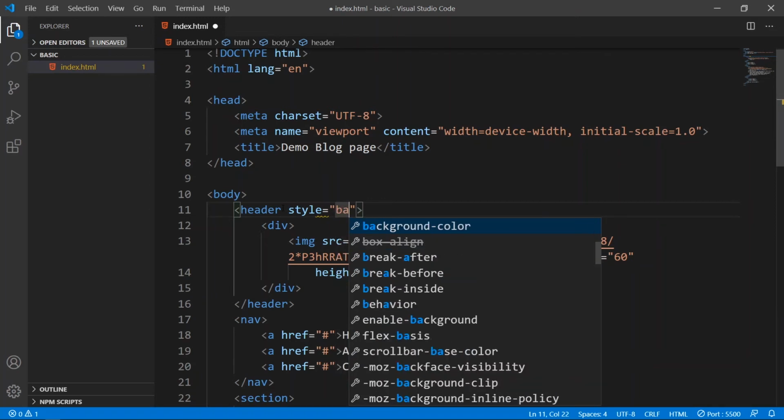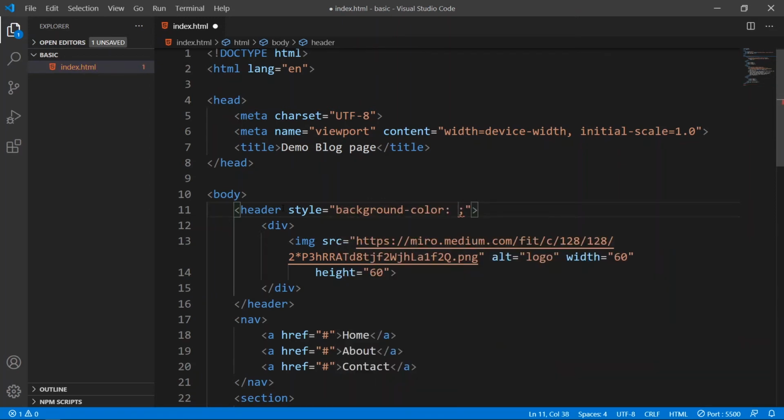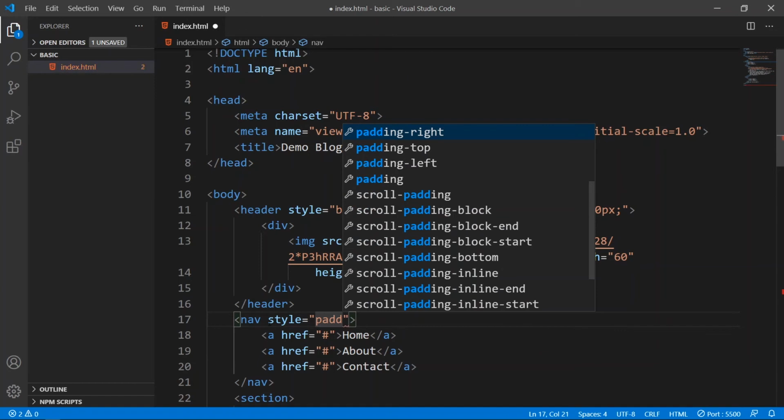And here I will be stating my background color needs to be turquoise. Let me write some extra code for this. And I want to specify the height of my header element, which would be 60 pixels. Save this. And let me go to my navigation item, create a style attribute, and here I will be adding